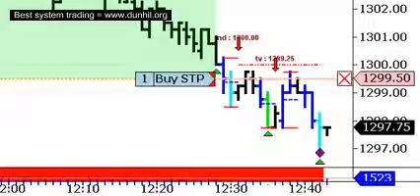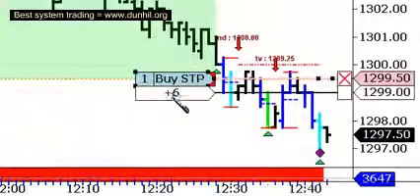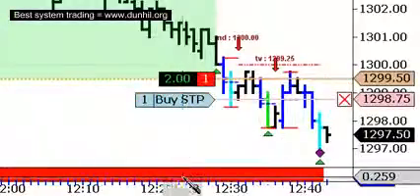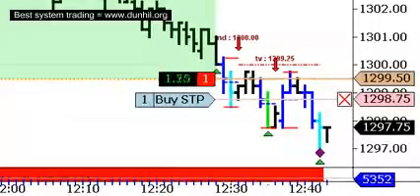There's a light blue, a dark blue, a green, and also a magenta. We don't have a magenta showing on this chart at this time. When we're in a short position, we will move our stop down to